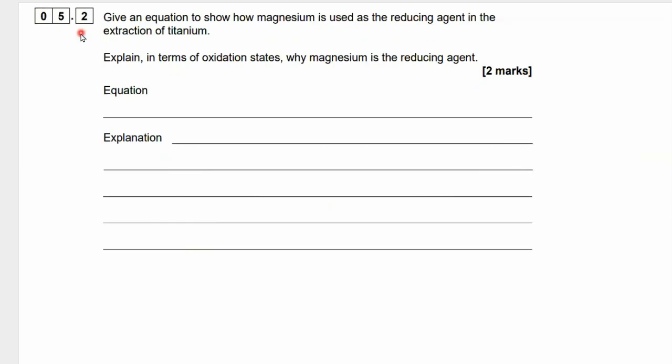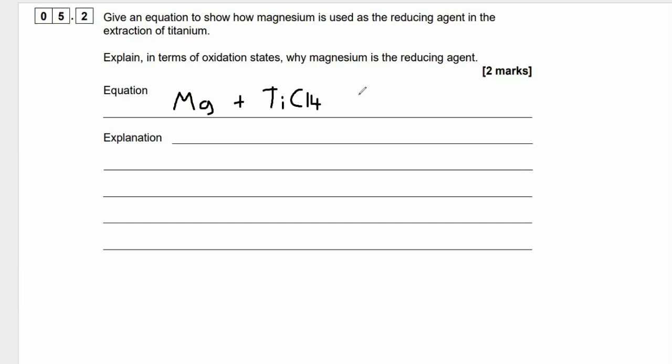Okay, let's look at this question, 5.2. Give an equation to show how magnesium is used as the reducing agent in the extraction of titanium. Explain in terms of oxidation states why magnesium is the reducing agent. Okay, first of all, they want us to write the equation and then an explanation. So in order to write the equation, we need to know that magnesium, which is more reactive than titanium, is going to displace titanium